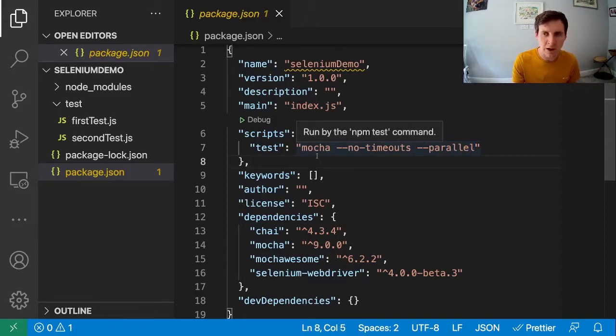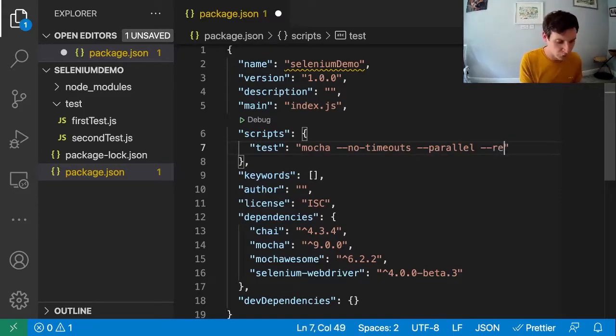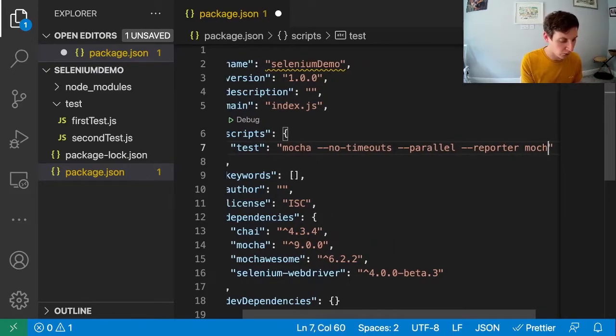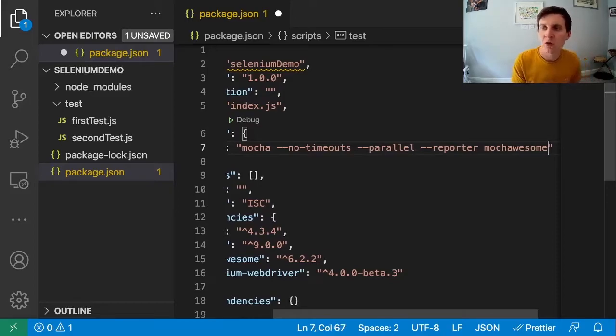Everything in there at the moment stays the same, but at the end I'm going to add a space, hyphen, hyphen, then we'll add our first flag, which is reporter, to indicate that we're going to be using a report generator, and then the name of that report generator. So we're using mochawesome. If we were running our tests in serial mode, then this would be sufficient for us to